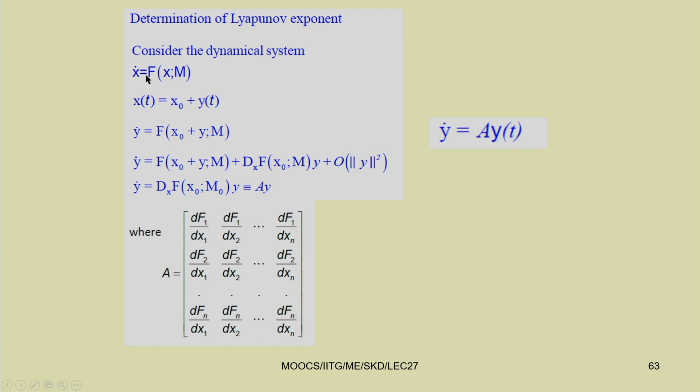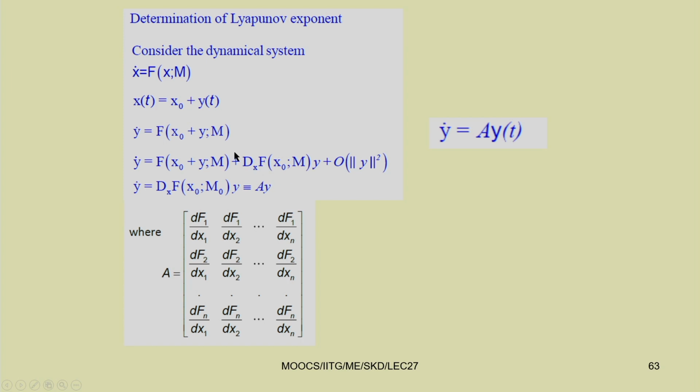If you substitute it in this equation, then x0 dot equal to 0, so x dot equal to y dot. So, we can write y dot equal to f(x0 + y; m), where m is the system parameter. Expanding this by Taylor series, we can write y dot equal to f(x0; m) plus the partial derivative of f with respect to x